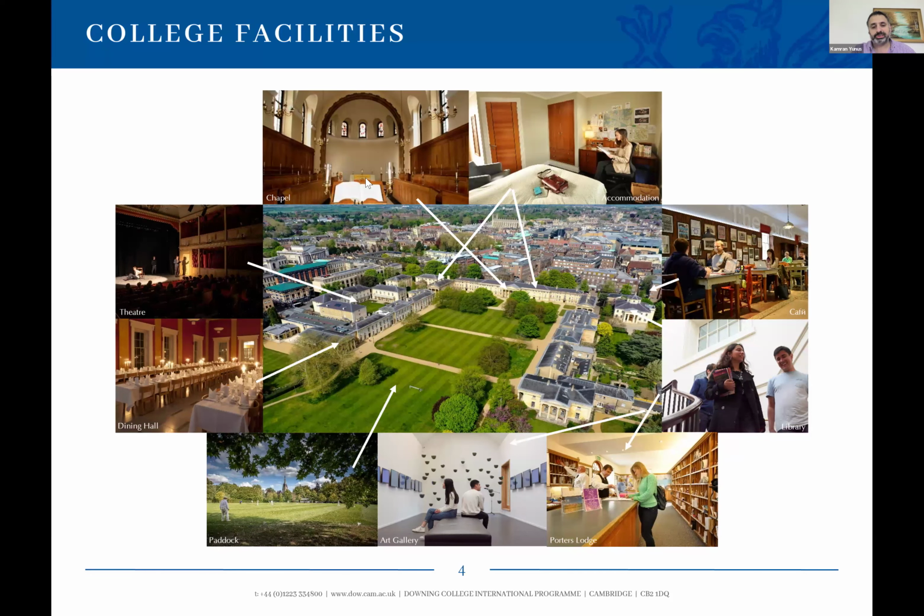Every college has a chapel, and this is a space often used by students as a place where students can get together and socialize, come together as part of a community. There's also a library, which is open 24 hours. There's 24-hour security on site. Downing also is quite unique. It has a lot of art and drama spaces that students can explore their interest in drama, art, and music.